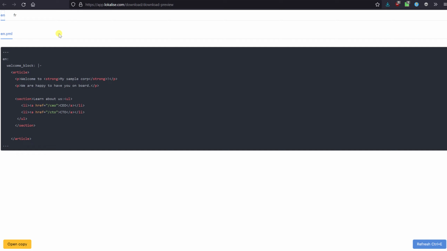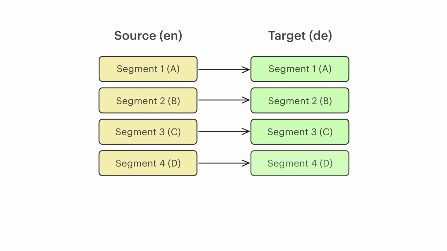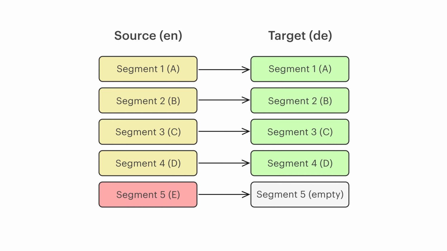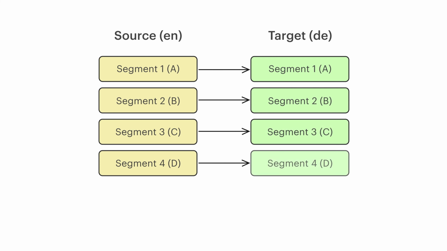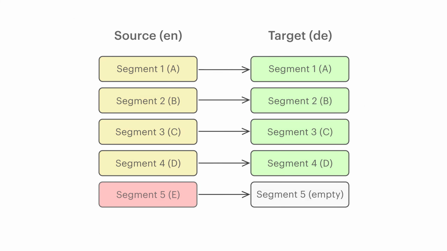Remember that the number of segments can be changed for the base language only, and the other languages comply with existing segment count. It may happen that upon importing, the target language contains more or fewer segments than the base language. If the target language has fewer segments, then the last segments for this language will become empty. If there are more, the last segments will automatically be merged into a single one. When you append a new segment for the base language, the target languages will also have a new empty segment appended. Now let's discuss a more complex scenario.